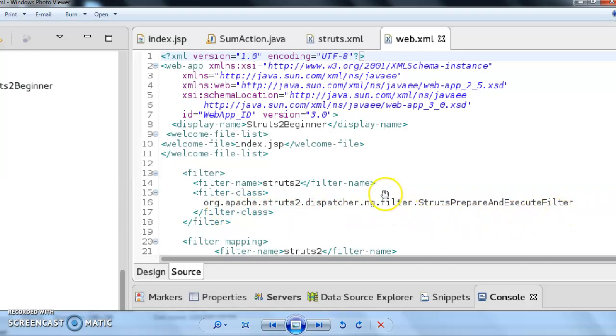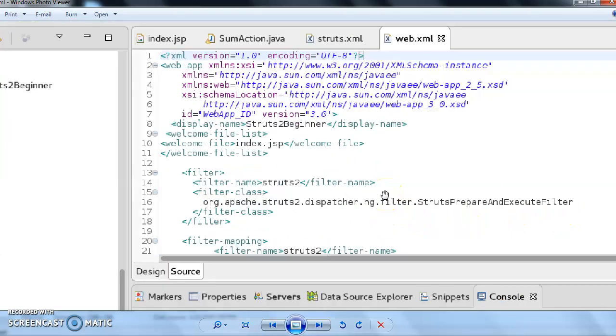This is a default filter available. So for all Struts projects, you require this controller. Only the display name and welcome file list will change here, but the rest of the things will remain the same. So this web.xml will not change much as your project changes.